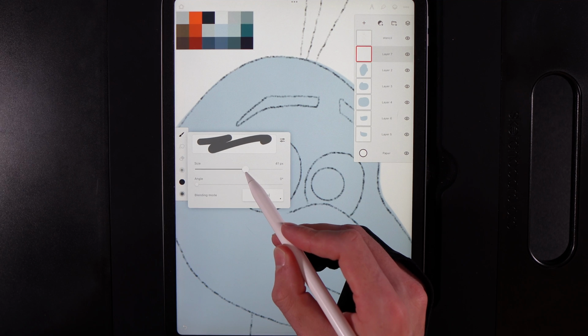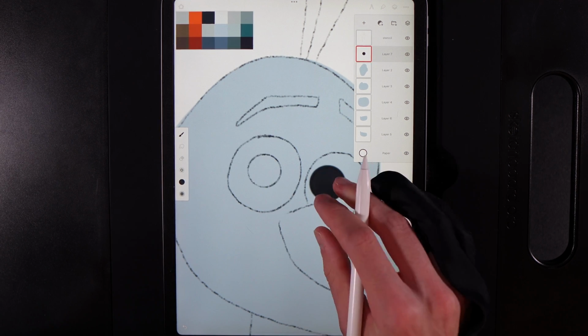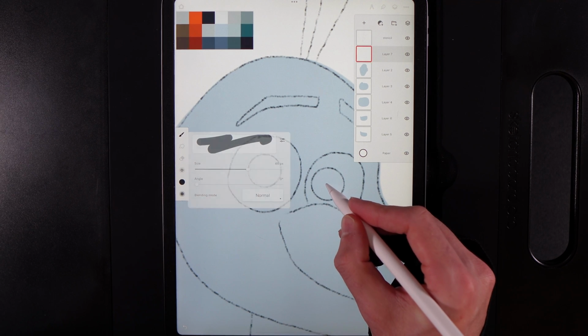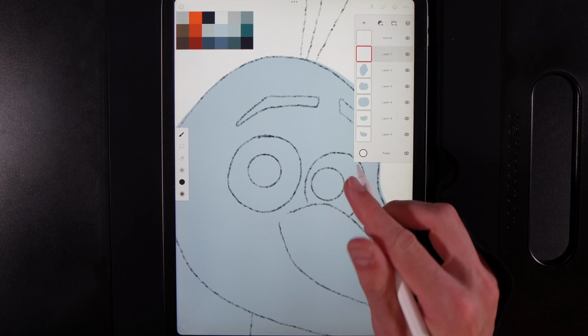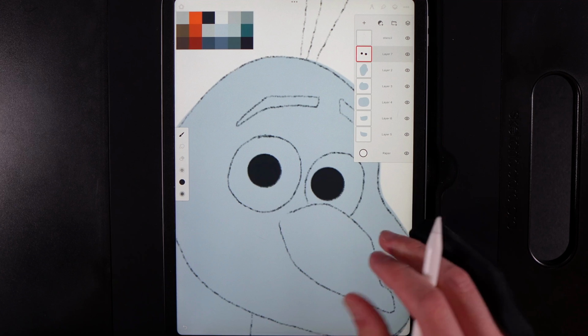Now I reckon we can get a good size, maybe around about 50 points, and it would pretty much match up to that. So I'm just going to go a little bit lower than that. Let's go down to about 46. And that's pretty much bang on. I'm going to make sure I tap perfectly in the center of the eye, and I'll get 46,